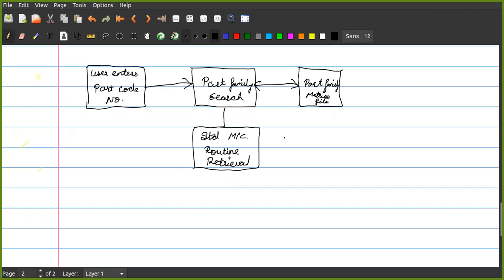Now this standard machining will not come from nowhere, it has to be stored first. So it will be stored in a file of machine routine families. So we will have one more database here, which is the machine routine file.